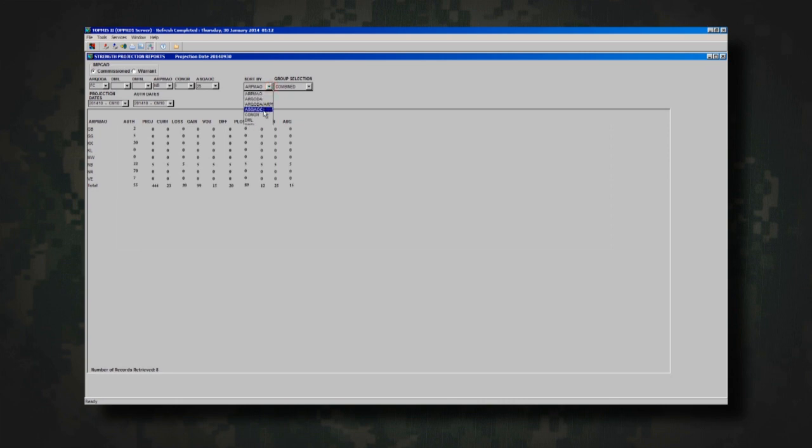Set the sort by function by DMSL and set the group selection to ACC. Set your projection and authorization dates to 2014-10 and hit the run button. The following FORSCOM brigades have MI major authorizations on Fort Bragg: